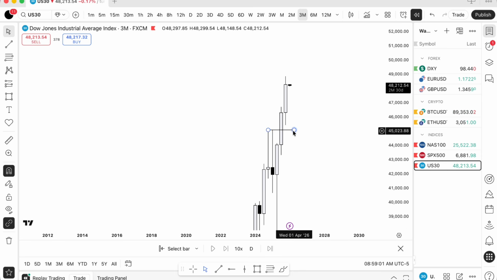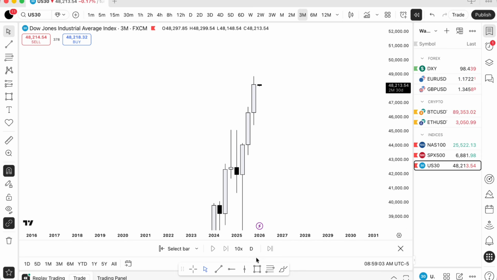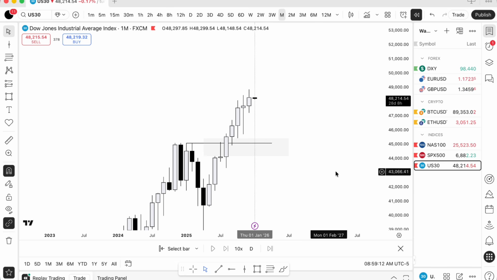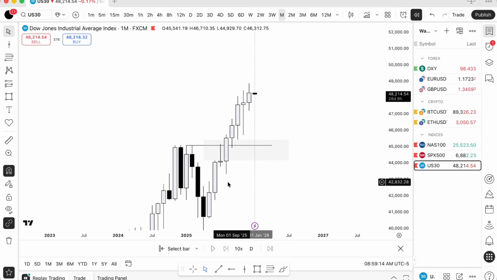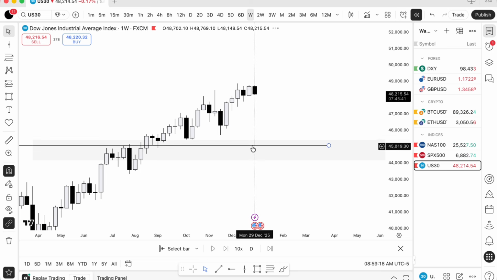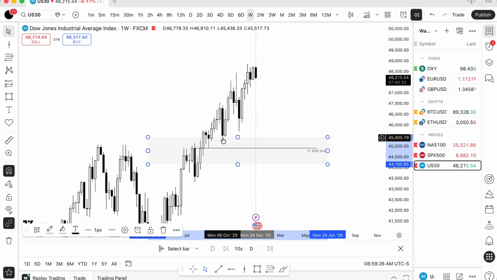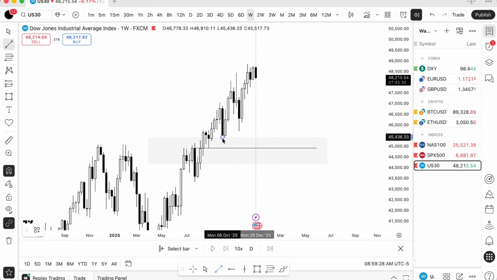And now on quarterly, how many key levels do we have? Order block aligning with FVG. This is new year, okay? Monthly time frame, how many key levels do we have? 0, right? We have only these higher time frame key levels. Now let's go on weekly time frame. What do you see? You see this aligning with this order block, and this quarterly gap being a liquidity pool